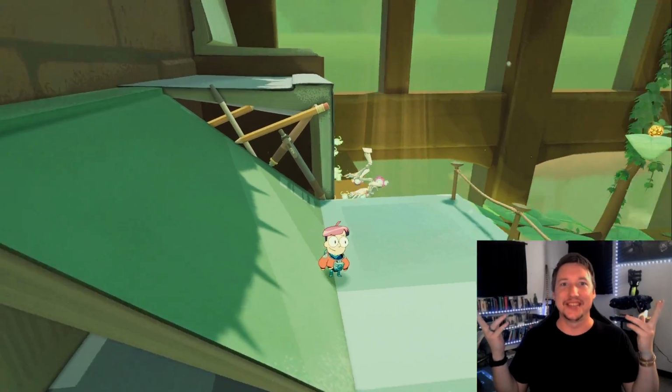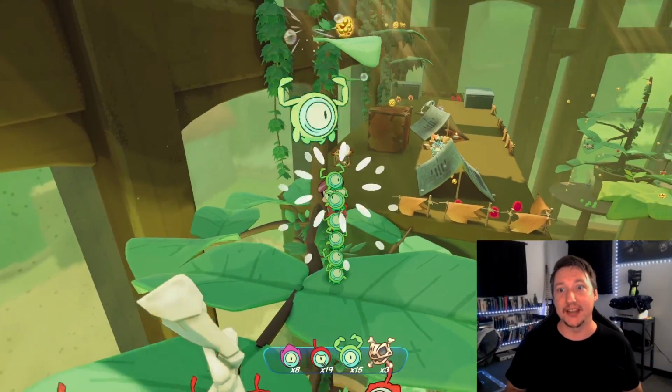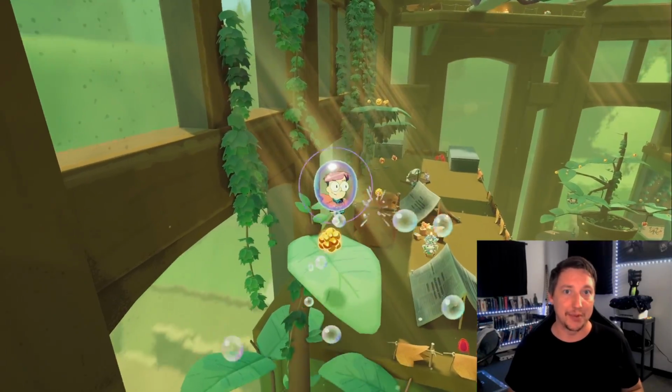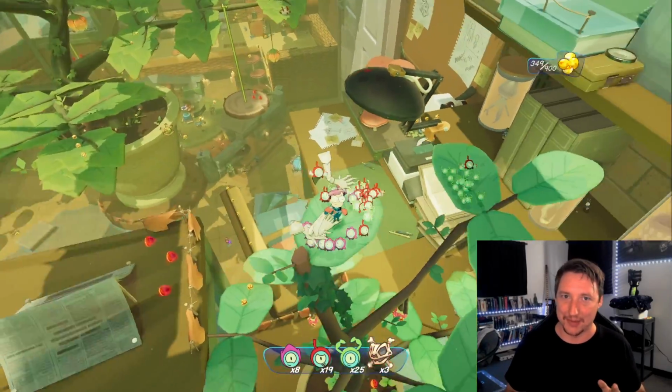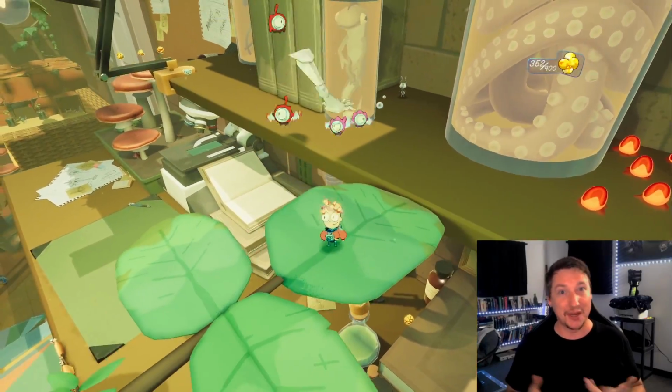This is Tinykin, the latest indie game published by tinyBuild, a company dedicated to helping smaller devs with games like Hello Neighbor and Graveyard Keeper. Tinykin's nothing like that, by the way. Tinykin's a platforming puzzle game that looks like fun, but is it worth the time and money dedicated to play